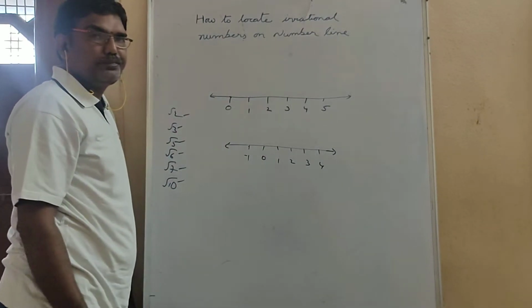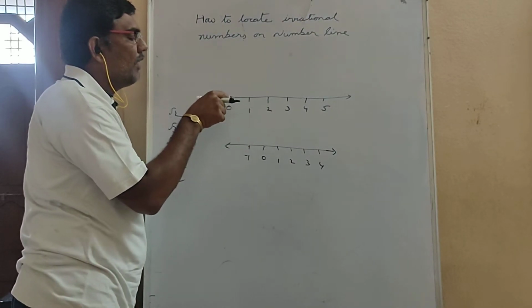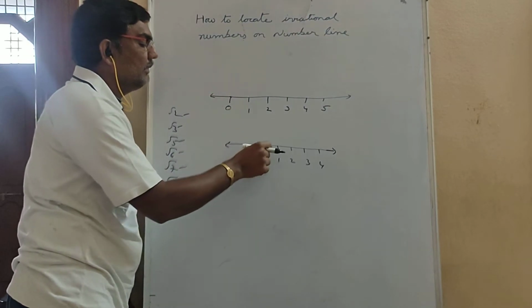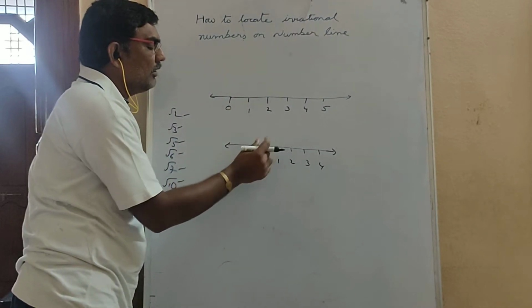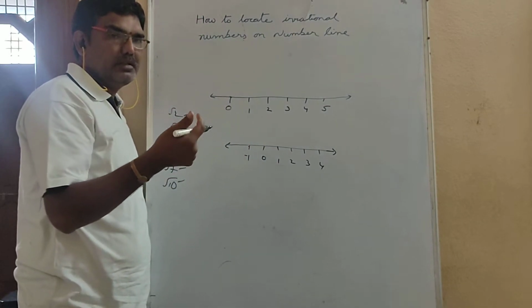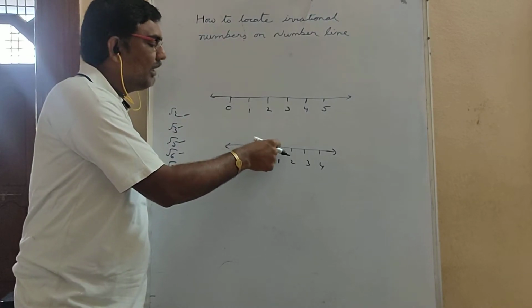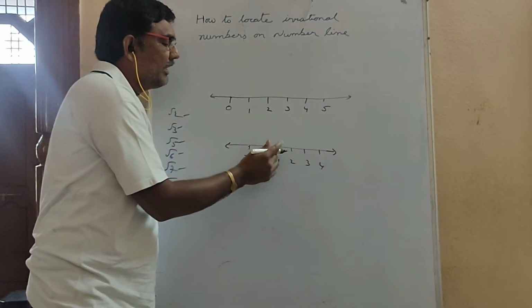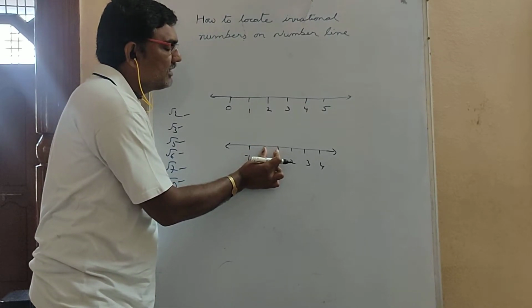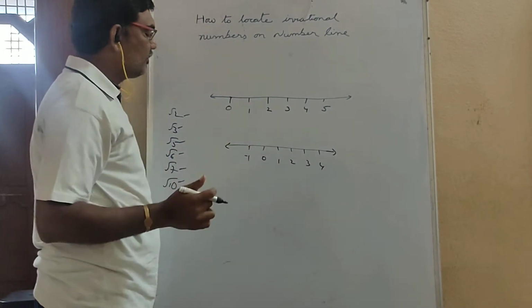Afterwards, what do you have to do? So I took 1.5 or 2 or 3 centimeters as 1 unit. Means 0 to 1 is not exactly 1 centimeter as in the scale. You can take here to here as 1.5 centimeters also, but I am taking here to here as 1 unit. Here to here, how much distance is there? Here to here also has the same distance. Like this you should take.